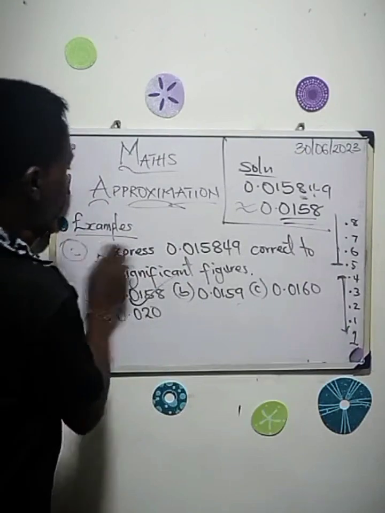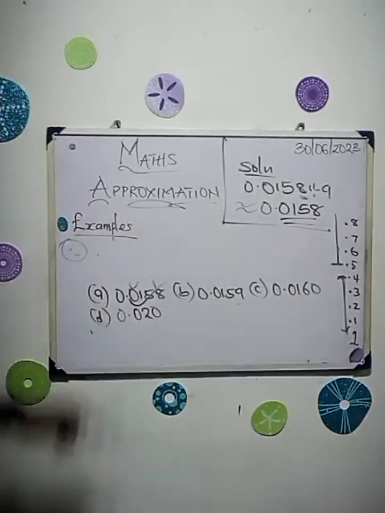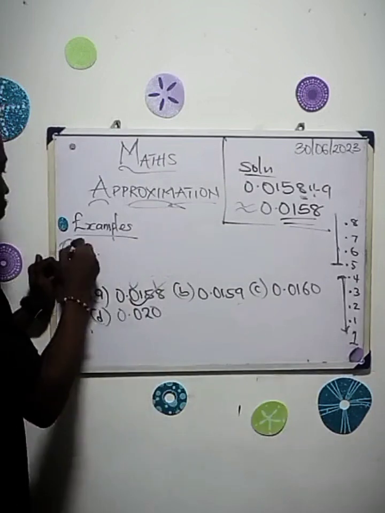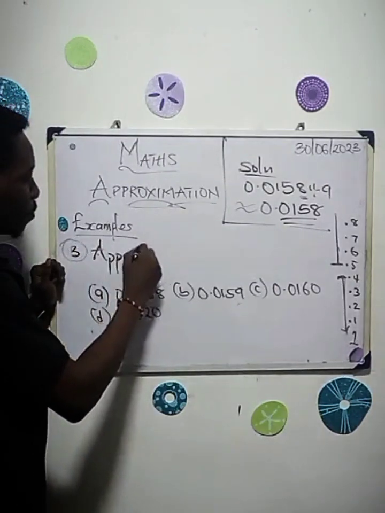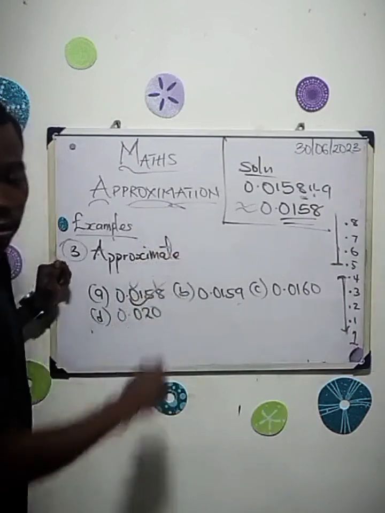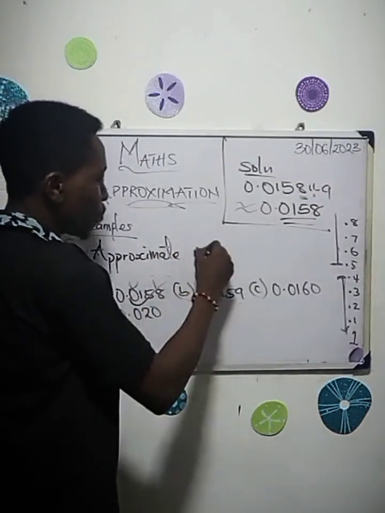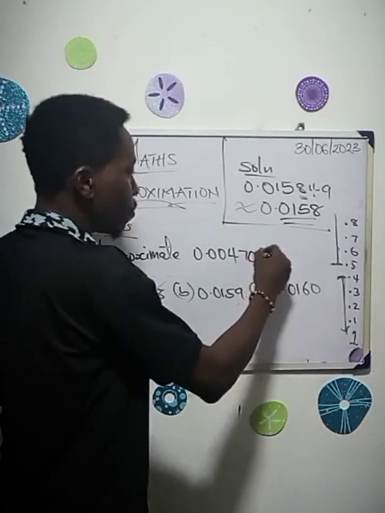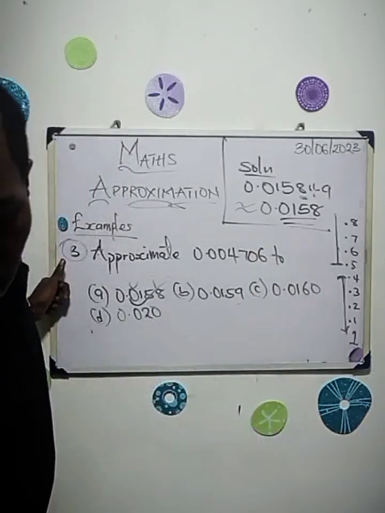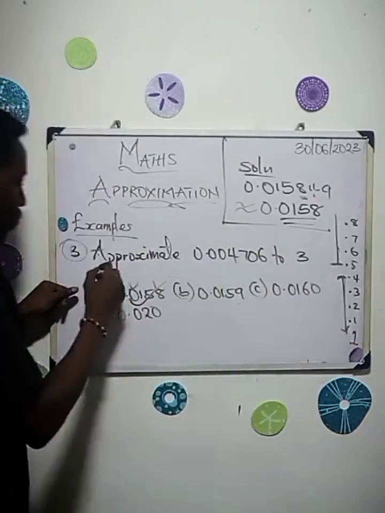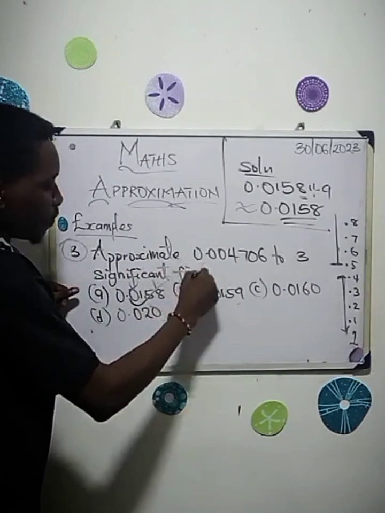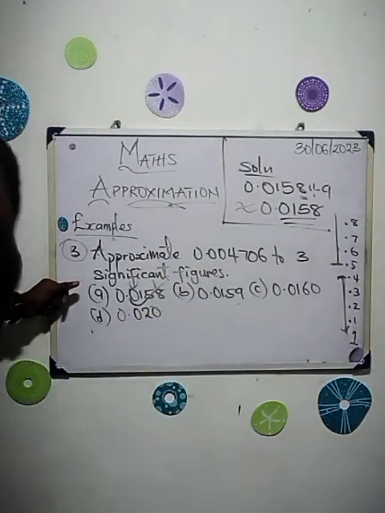Okay, the next question says, approximate, still the same thing, 0.004706 to three significant figures. So three significant figures. Our options in this case are,